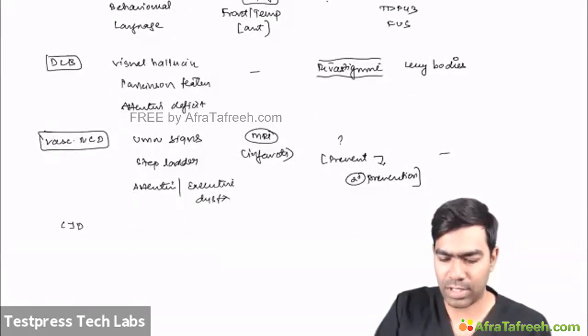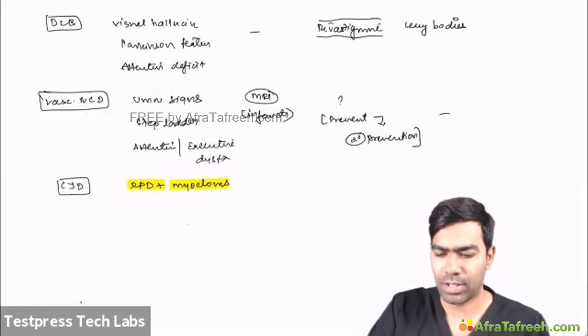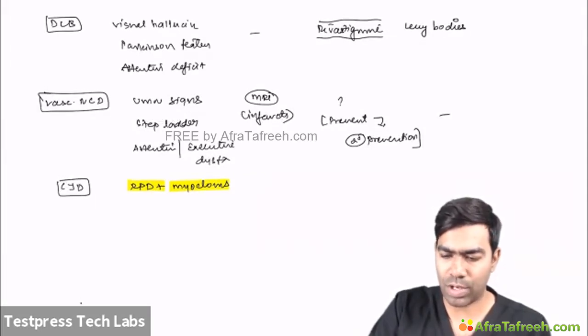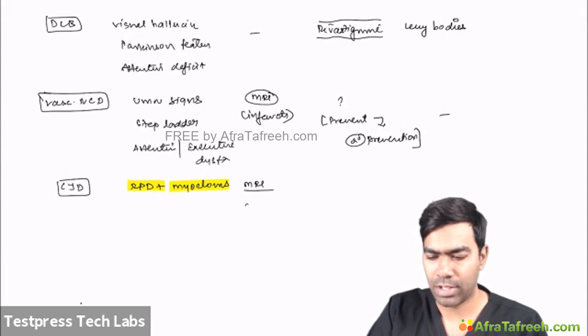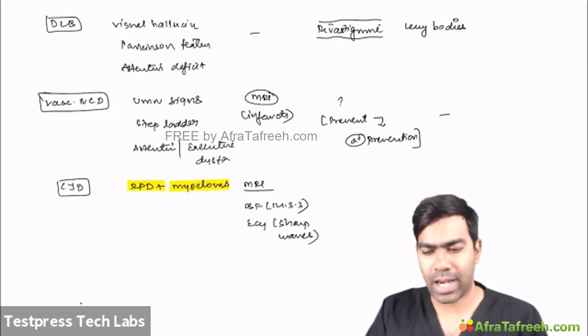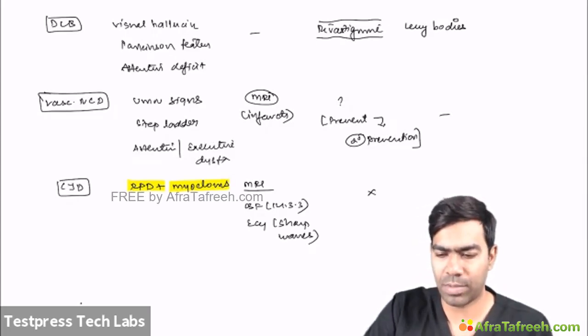And finally, you have CJD. The clue will be rapidly progressing dementia plus myoclonus. So if you see these two in exam, it's always Creutzfeldt-Jakob disease at any cost. Investigation-wise, you can see MRI, with signs we discussed already: cortical ribboning, pulvinar sign, hockey stick sign. You can have CSF 14-3-3 or EEG. You can see sharp waves, slow background, the periodic sharp waves. So characteristic again of Creutzfeldt-Jakob disease. And treatment-wise, you don't have any treatment.